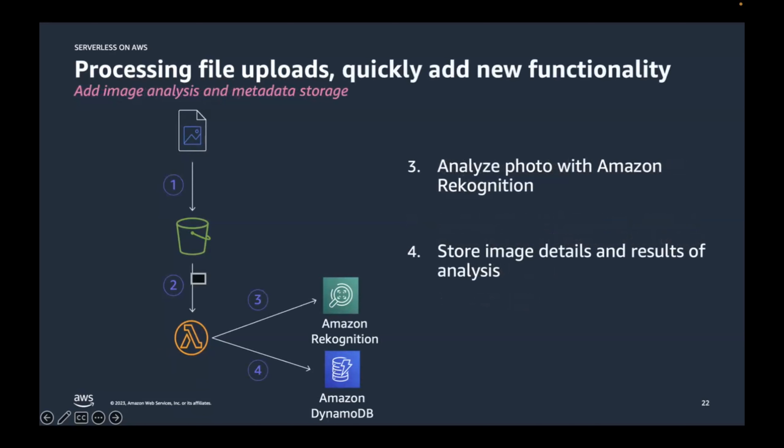Now, if you want to make it more business critical and more use case driven, you might also want to check, is it a legit license or is it a fake one or something? So you can do further processing. You can leverage AI/ML services like Amazon Rekognition, which identifies the photo of the person who has uploaded it and sees how original that is by different scores it comes along with. You can also store the metadata related to the document, in this case the license, in your database using DynamoDB. So it can be name, license number, and so on. So you can store such information along with AI/ML capabilities, which can identify if the license is original or